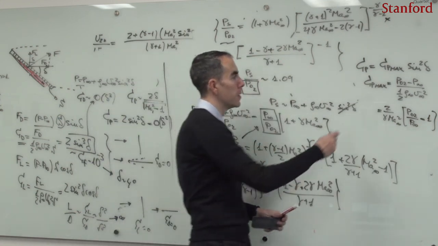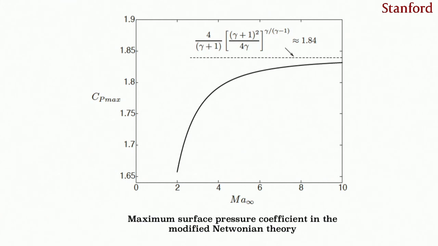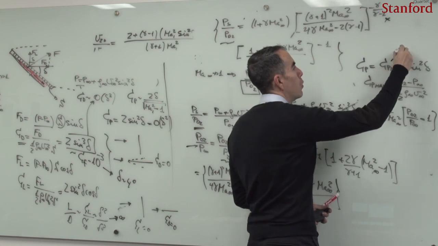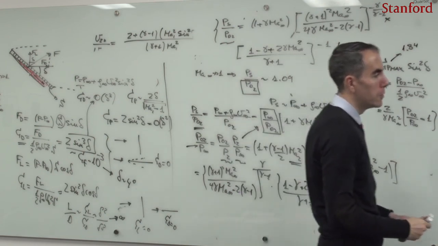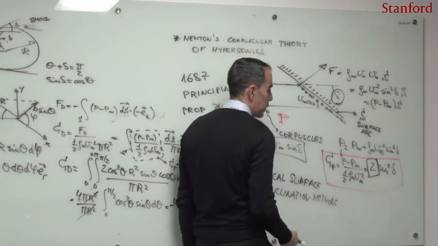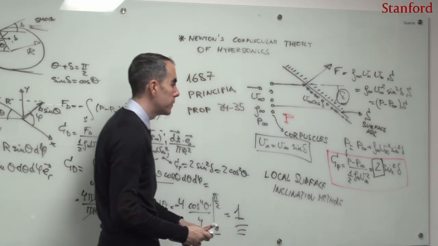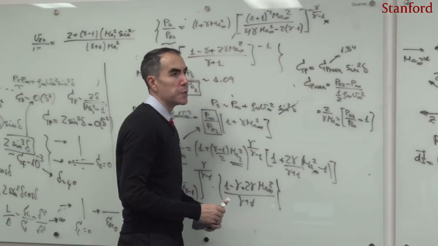I just need to substitute here the Cp maximum, and the curve of Cp maximum, you're going to see it on the screen. It actually attains another asymptote at high Mach numbers that is equal to 1.84. So when the Mach number is large, the Cp maximum goes to 1.84. Remember that in the Newtonian theory, the Cp maximum plays the role of this 2 here. So I have a new modified Newtonian theory from Lees that says that this prefactor, instead of being 2, is 1.84. So what happens when one operates with this modified Newtonian theory?